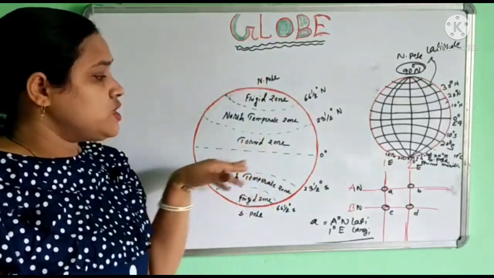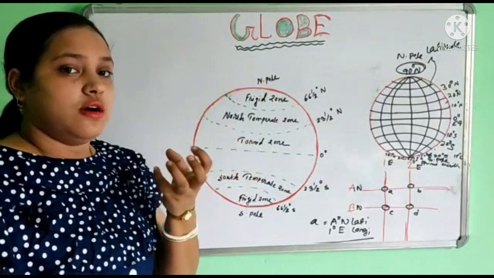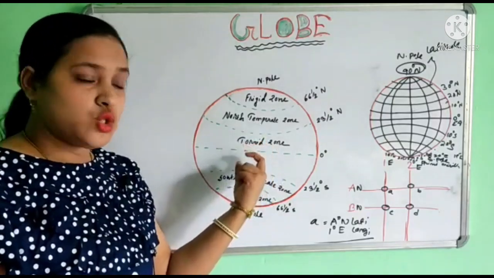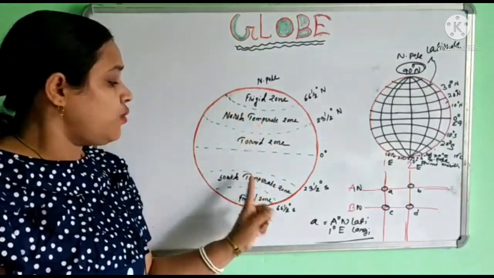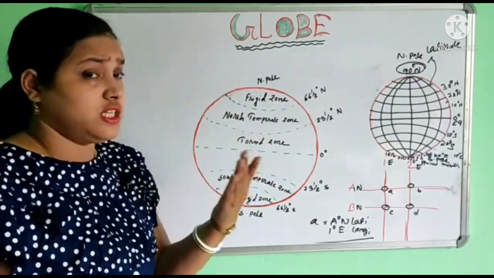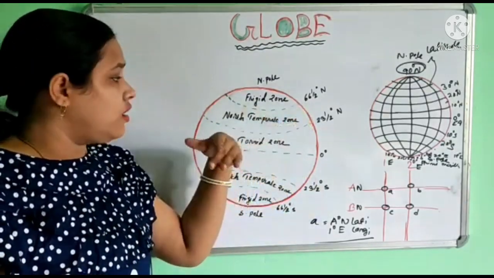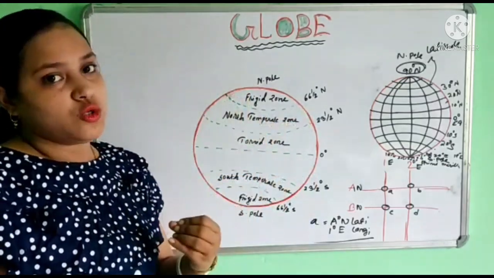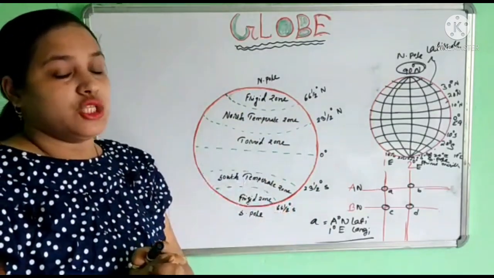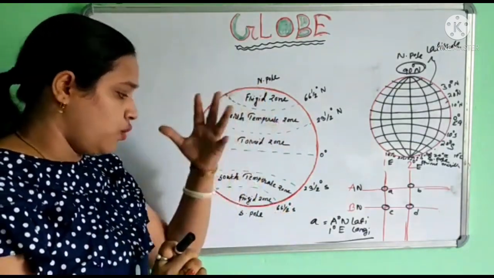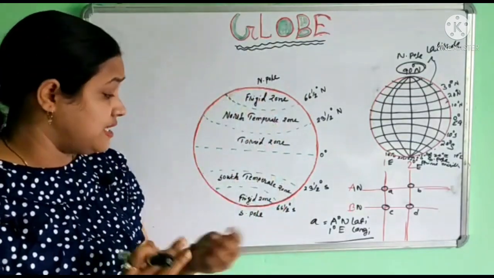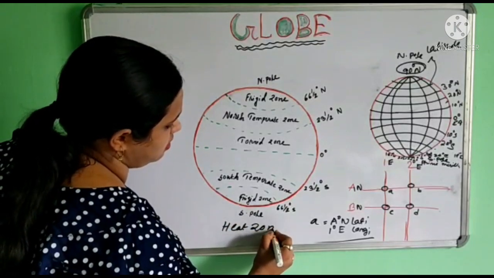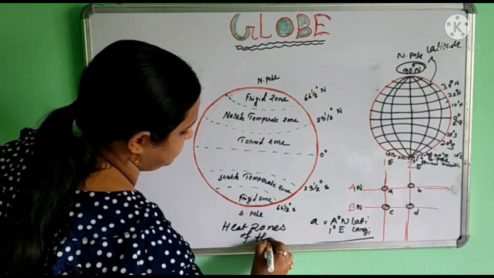Okay, so in the torrid zone, sun rays are received at maximum. That is the reason this region is known as the torrid zone. Then next we find the temperate zone, where sun rays gradually decrease from the equator towards these areas. So that is the reason it is the temperate zone. And finally we find the frigid zone. So the frigid zone is a completely cold area. So it is known as the frigid zone in the northern hemisphere, and obviously in the southern hemisphere we call it a frigid zone too. So these are the heat zones of the earth.